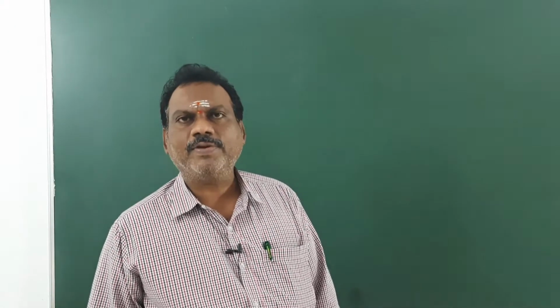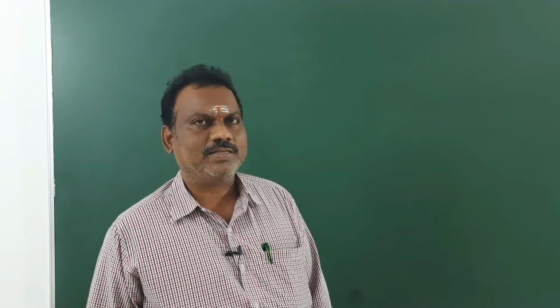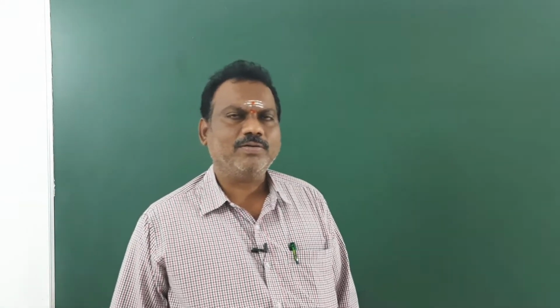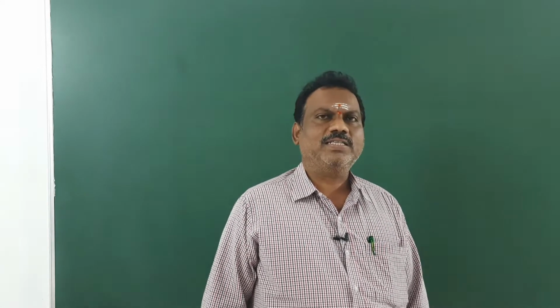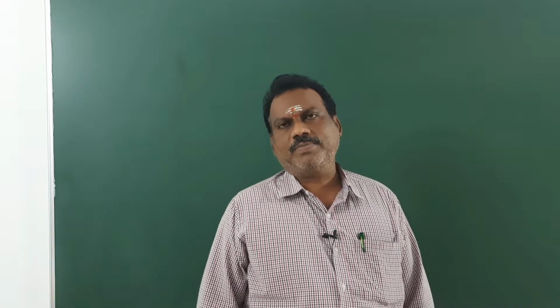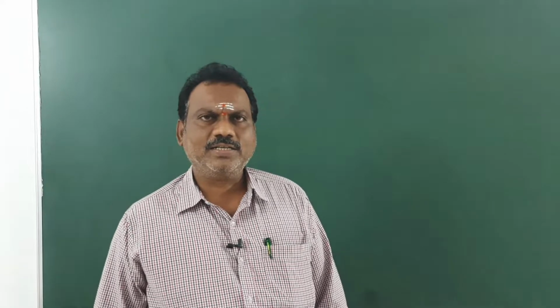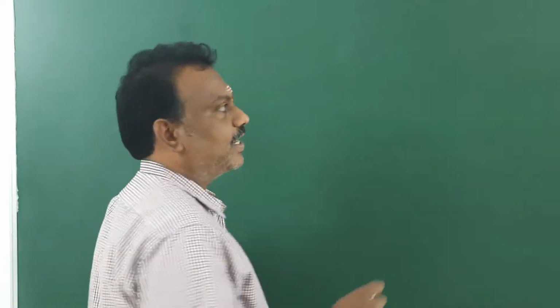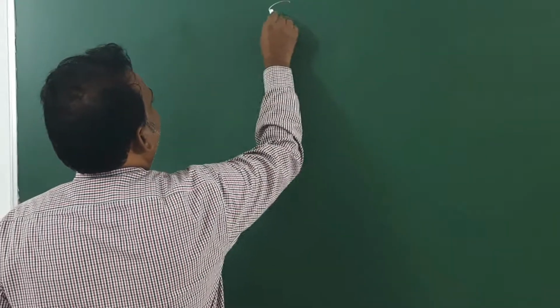Now we will go through kinds of sets. In the last class we described one kind of set. What is that? Empty set is completed. The empty set's other names are void set or null set. Next we will go through finite sets and infinite sets. Before going to that, we have one more definition, called singleton set. What is meant by singleton set?